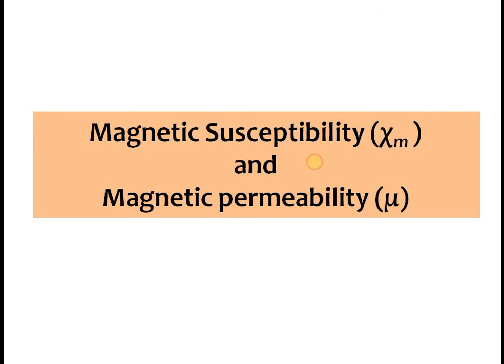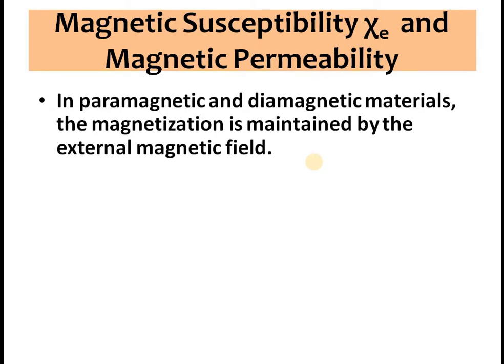This is a material constant. It varies from material to material. Different materials have different magnetic susceptibility, denoted with chi m. This is very useful for many materials like paramagnetic and diamagnetic materials,